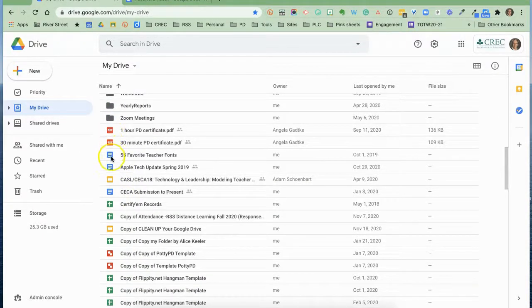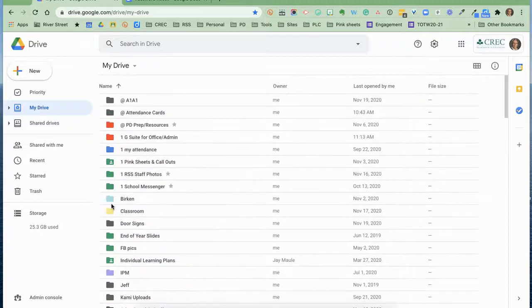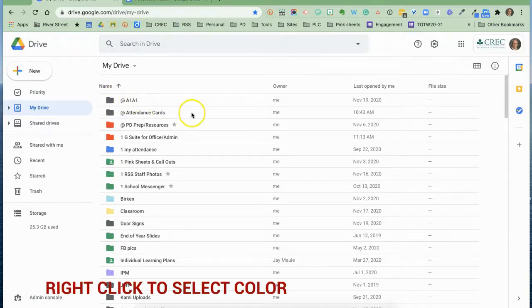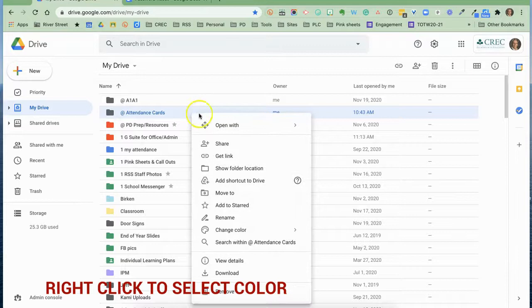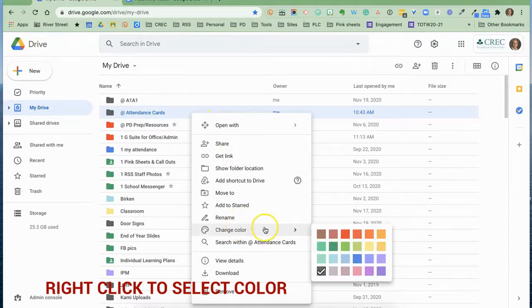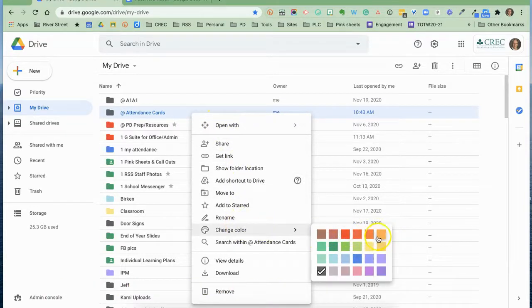The colors of these icons in front of the files are telling you the type of file it is. But if you create a new folder in Google, it will just be this generic dark gray folder. But you can click on any folder and choose change color, and you can pick one of the colors